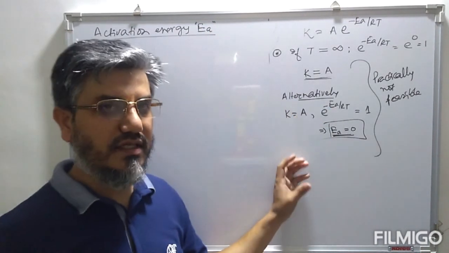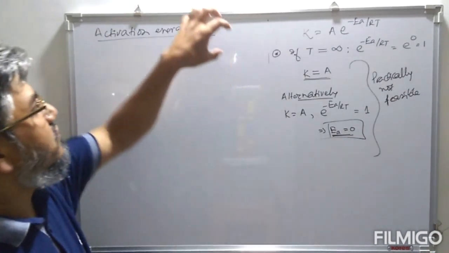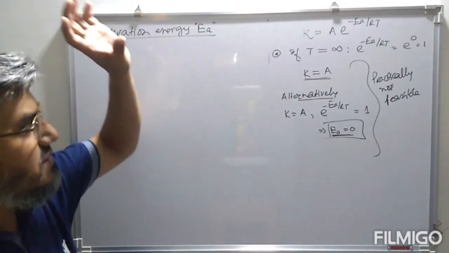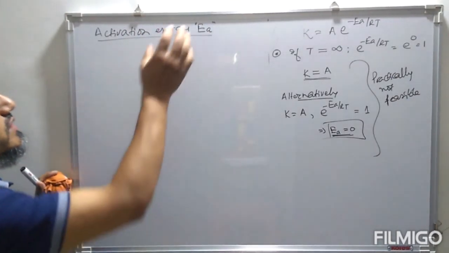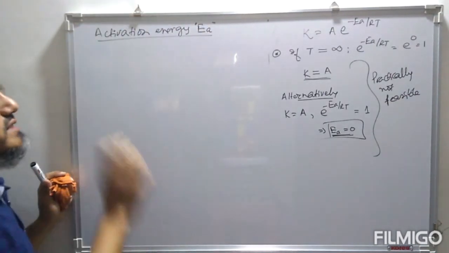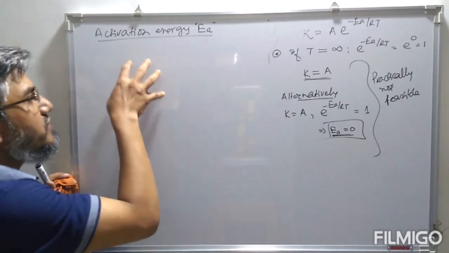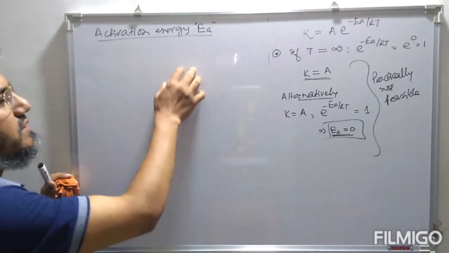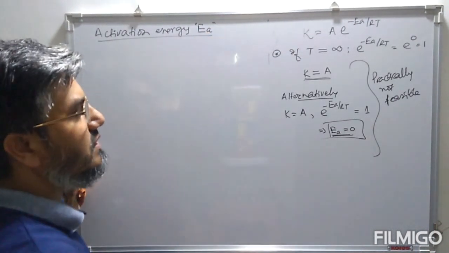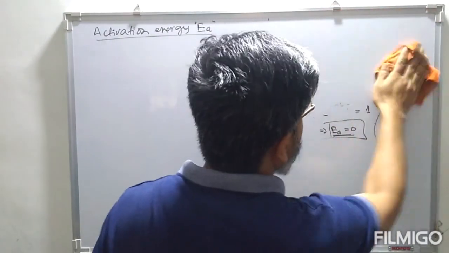That means every reactant has to have some minimum amount of energy, and that minimum amount of energy is defined as activation energy. If the reacting molecules possess energy less than this activation energy, then there is no product formation, and only those reactant molecules having energy greater than this activation energy, which is known as minimum energy, will be converted into product. So during the process, there is a change in energy.